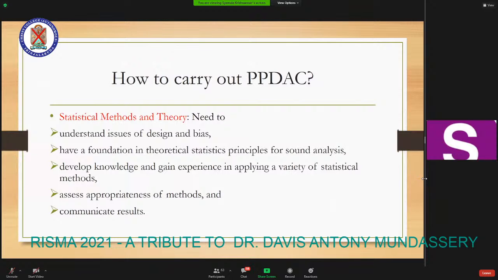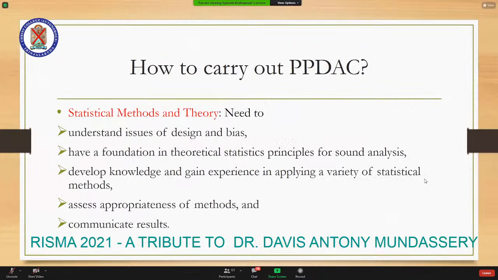So the first one is for the statistical methods and theory. When we look at statistical methods and theory, we need to understand the issues of design and bias. That's the first thing that we need to know. We also need to have a foundation in theoretical statistics principles for sound analysis. We also need to develop knowledge and gain experience in applying a variety of statistical methods. We also need to assess appropriateness of methods and to communicate results. So these are the few points that we need to remember when we apply statistical methods and theory in any